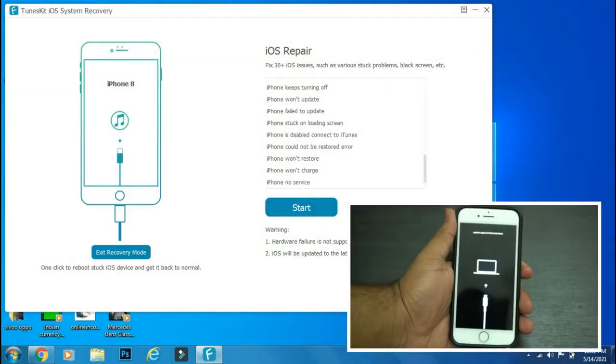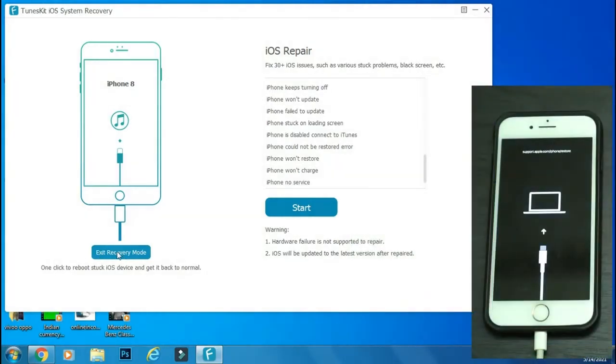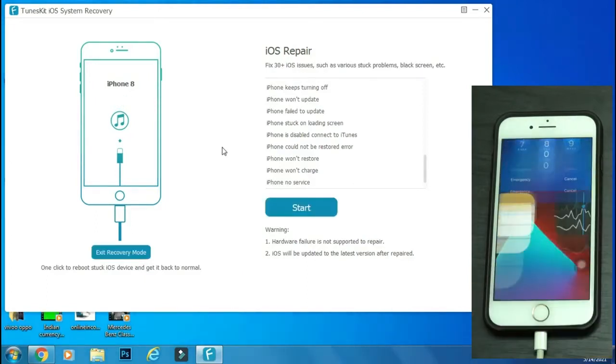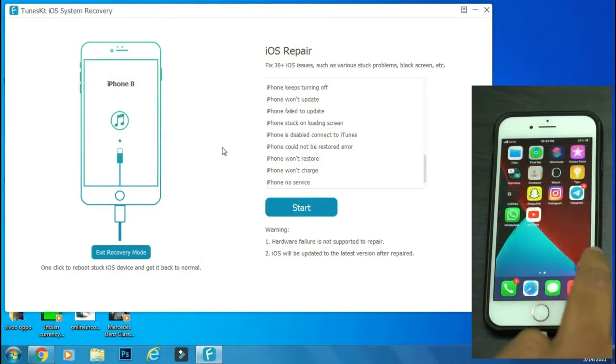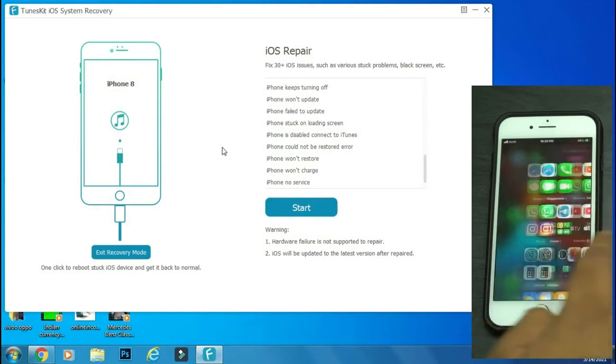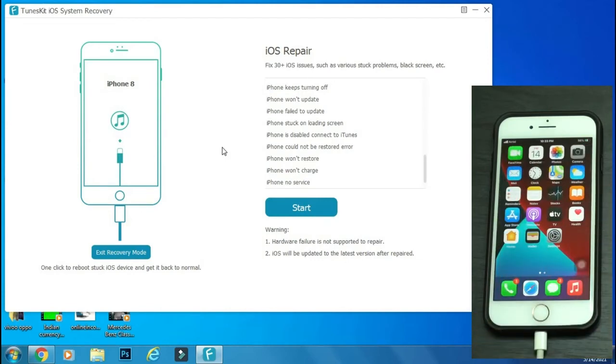So as you can see, my phone is stuck in recovery mode with this sign of Connect to PC logo. So I have connected my iPhone to PC, and all you have to do is click exit recovery mode. The app will start its work, and in a matter of a few seconds your phone will be back to the home screen. So the phone has booted up and all my data is intact. So with TunesKit iOS System Recovery, it's possible to exit recovery mode with just one click, and that too without